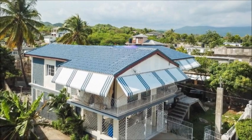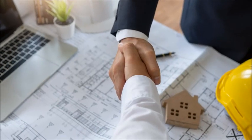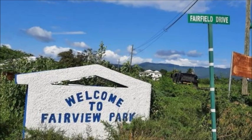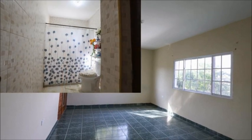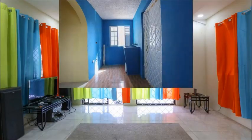We have here a house that is perfect for a family seeking space or the savvy investor. This house consists of 7 bedrooms and 4 bathrooms and is located in the central yet quiet community of Fairview Park, Spanish Town. On the ground floor, it features 3 bedrooms, 2 bathrooms, kitchen, dining area, living area, indoor laundry,